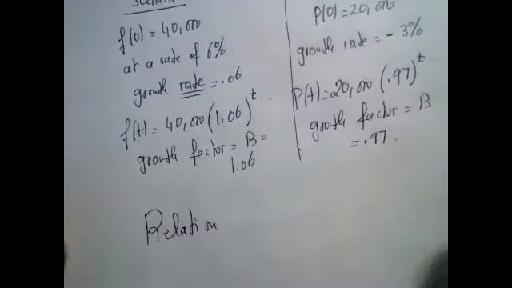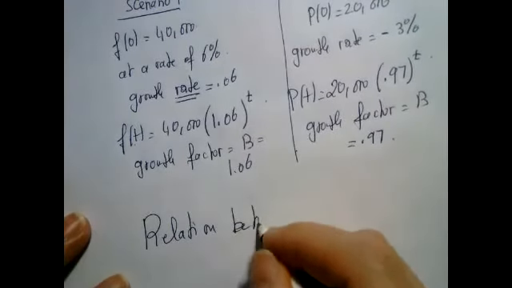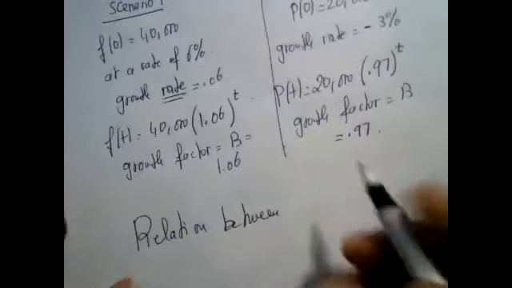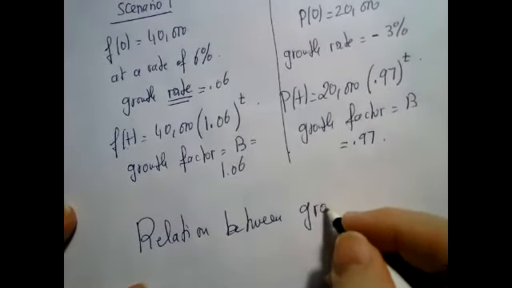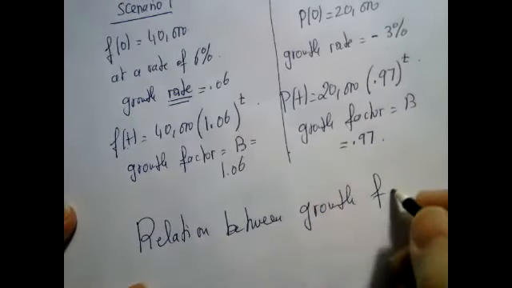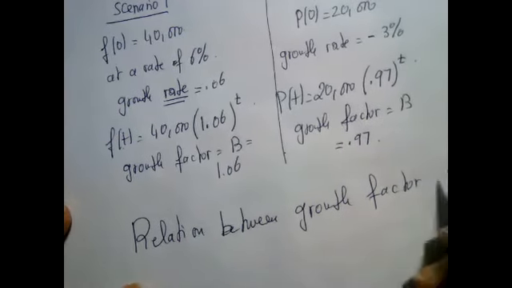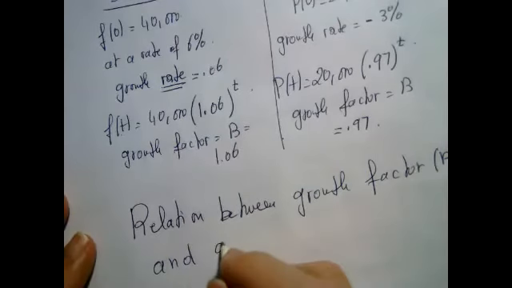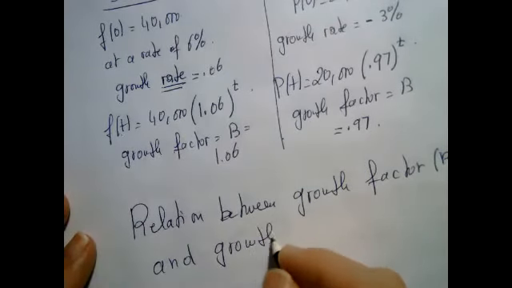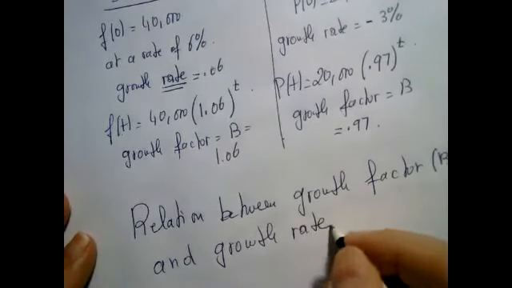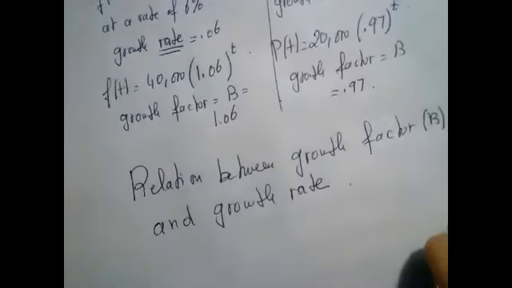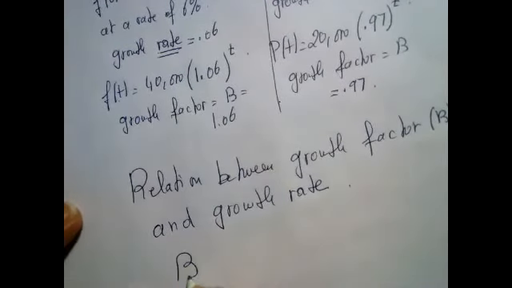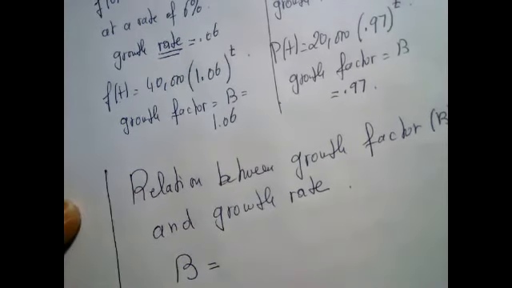So now, what's the relation between growth factor, it means the B, and the growth rate? Or the percent growth rate. All right, let's see what's the relationship. The growth factor is equal to